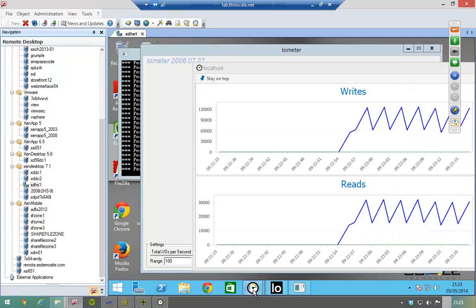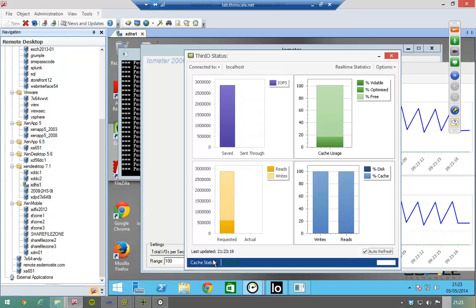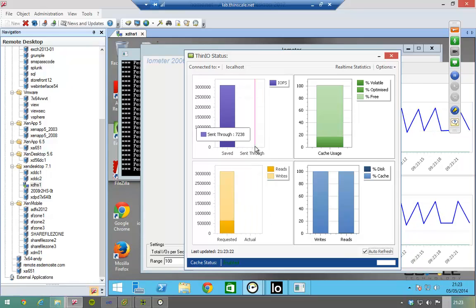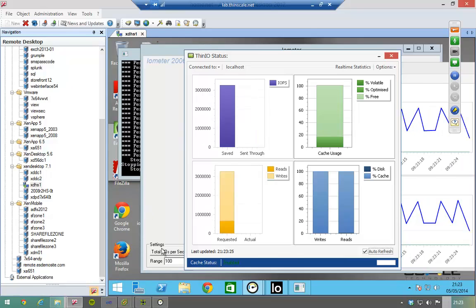And if you were to look at the real-time statistics over here, we've got relatively very little going on from a disk point of view. I mean, the send through has gotten so small at this point that it's not even visible. That is